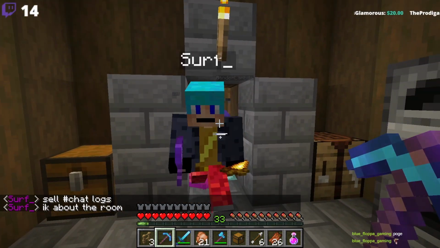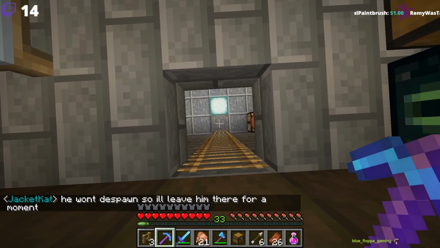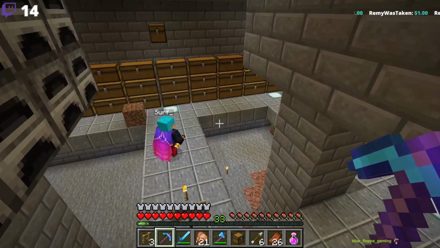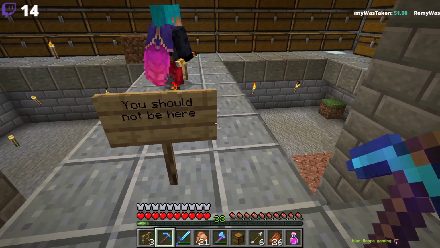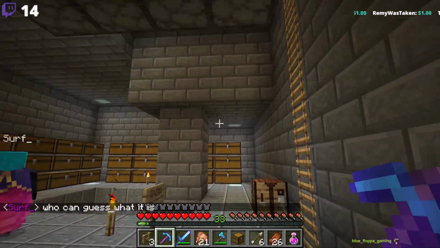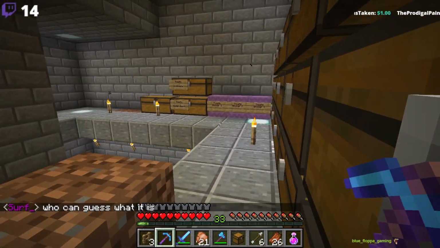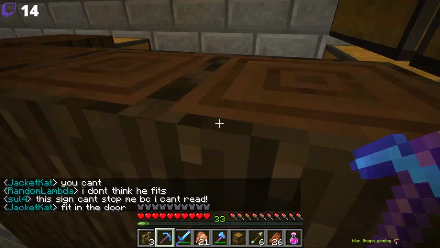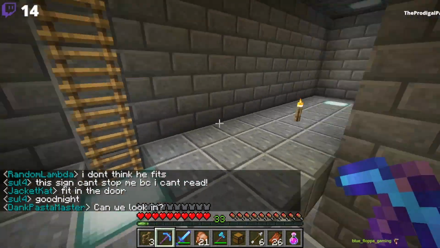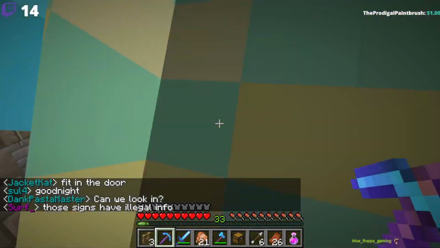Okay. So this is a secret room, and we head on down. Why can't I go down? There we go. And the sign says, you should not be here, and that is correct. You should not be here, but I'm giving you permission. And what we've got here is the vast collection of items by Thief. And Thief is a member who left the server, so...